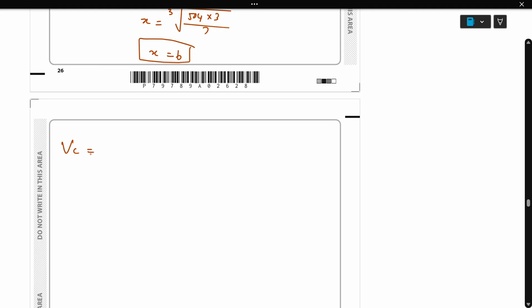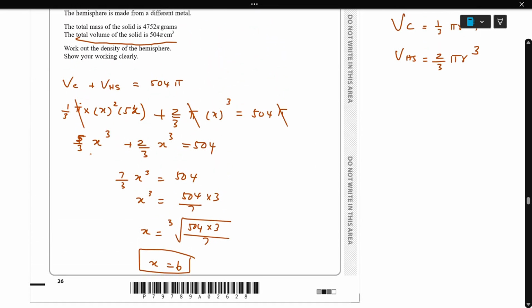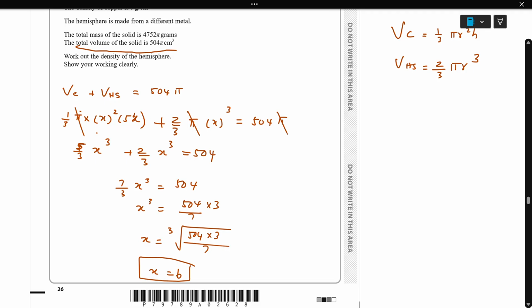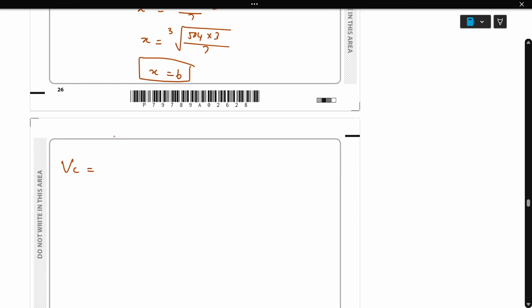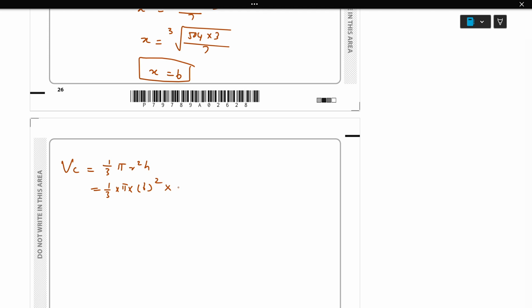Volume of cone equal to 1 by 3 pi r square h, which is 1 by 3 into pi into radius 6 square and height